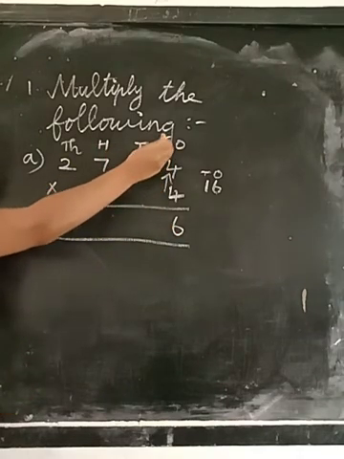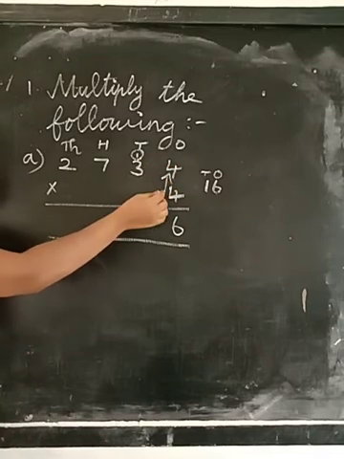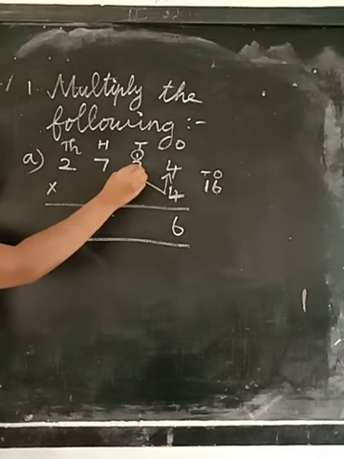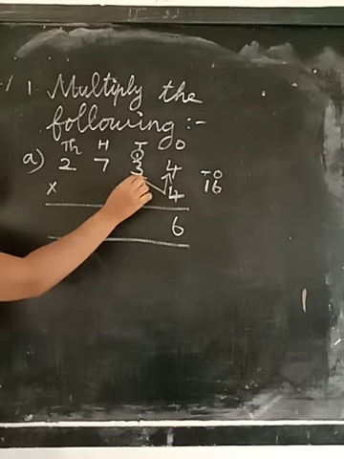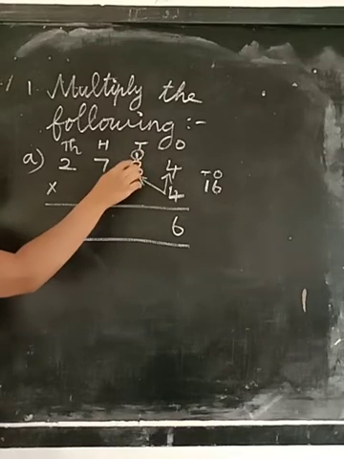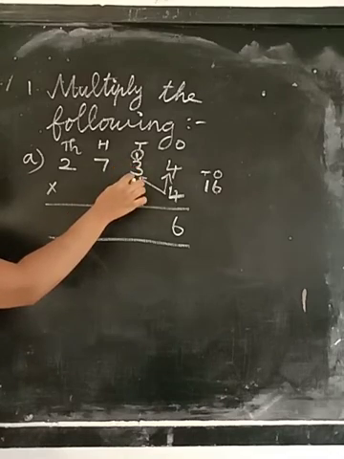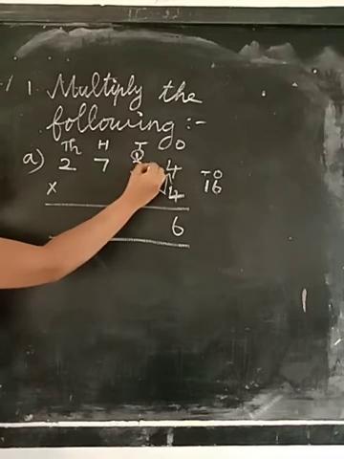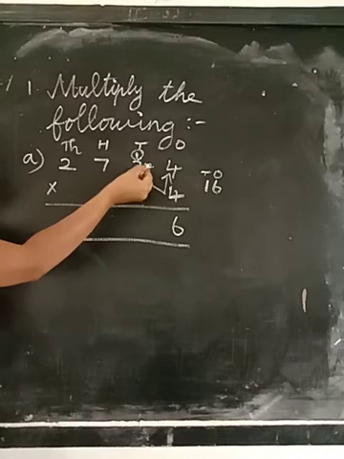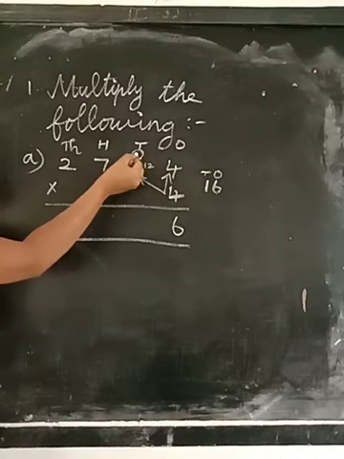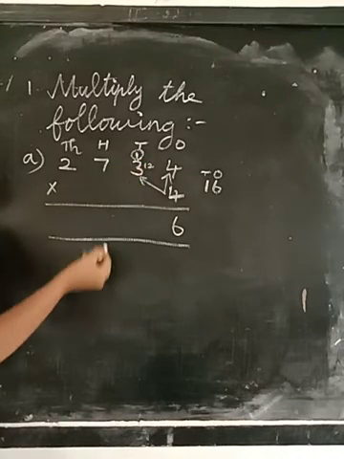Now the ones place multiplication is over. Coming to the next place, the tens place: 4 3s are what is it, Ram? 4 threes are 12. Very good. So 12, and we have the carryover number. What do we do with the carryover number? We add it to the answer. So 4 threes are 12. Write it in a small size. Here to this 12, you should add this number. So 12 plus 1.